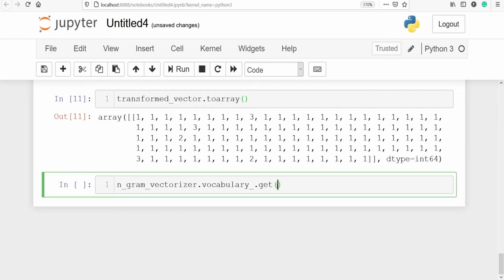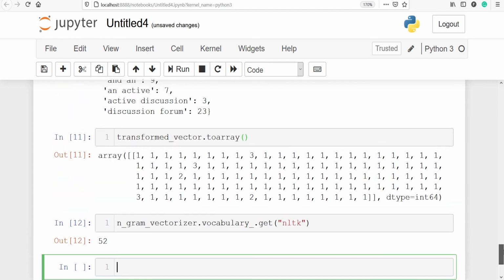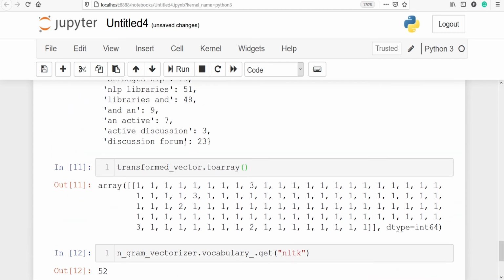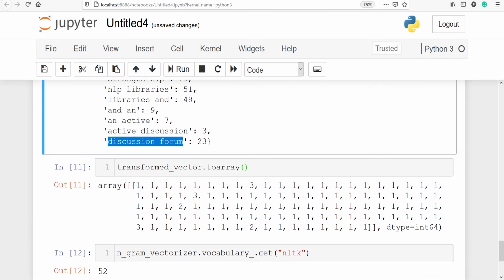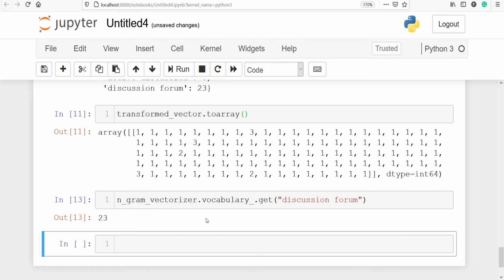I'll paste it here. Let's execute our code. In the output you can see we got 52 here, so we can get the numeric ID of any word. I'll copy this word from here and paste it here. Let's execute our code, and we got 23 here. Here also 23, and here also 23.